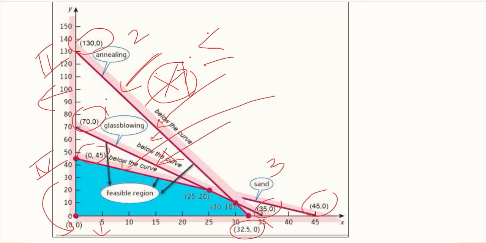Now this blue area is basically showing that area which is permissible by all the constraints, because this area lies below all of the constraints and satisfies all of the constraints. Therefore it is termed as the feasible region, that is feasible from the point of view of all the constraints. And within this area one should decide and choose the most suitable outcome, because this is possible, and out of which we should choose the point where the production of X and Y, those glasswares, will give us the maximum